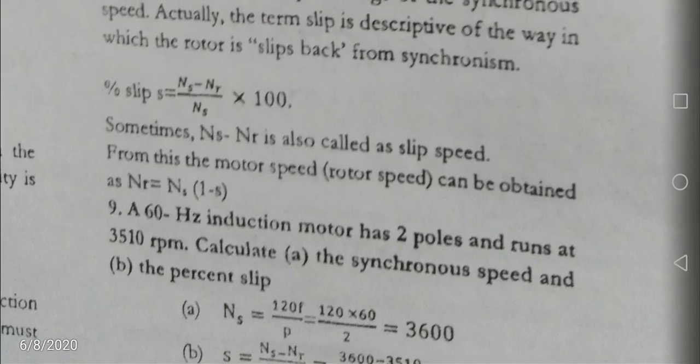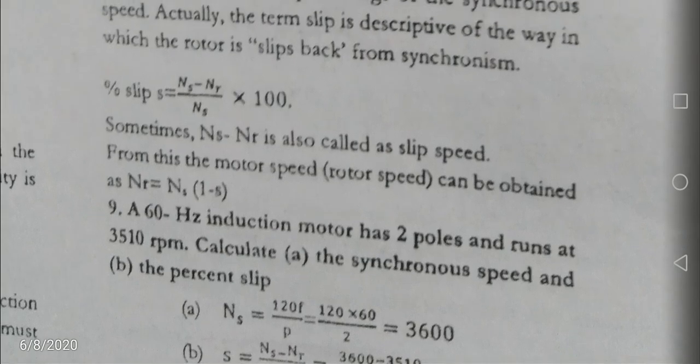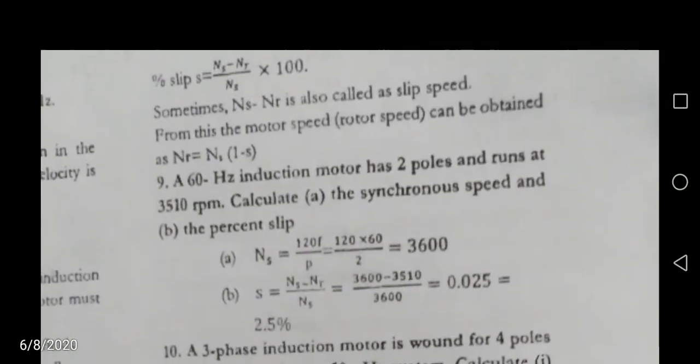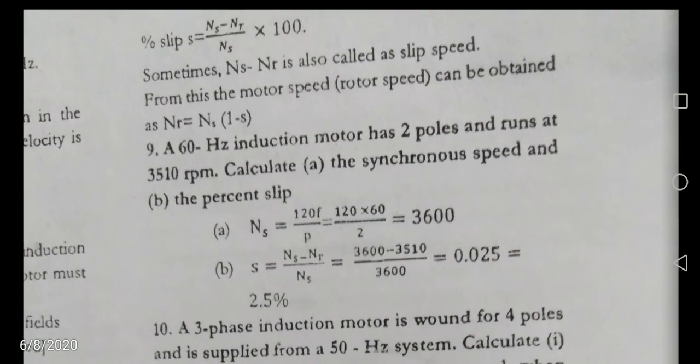So the percentage of slip is equal to (Ns minus Nr) by Ns, and sometimes Ns minus Nr is also called the slip speed. Nr, the rotor speed, equals Ns times (1 minus s). Slip s equals (Ns minus Nr) by Ns